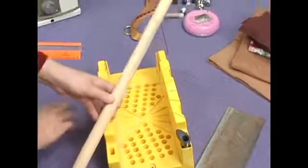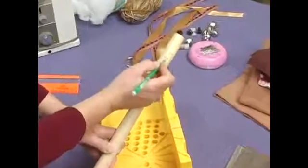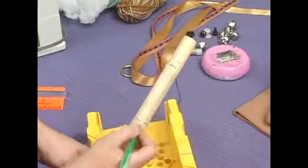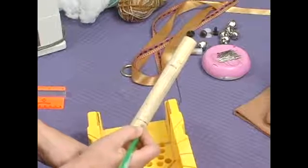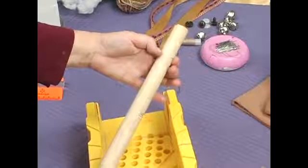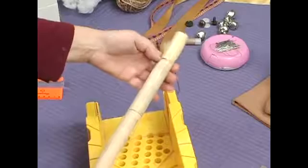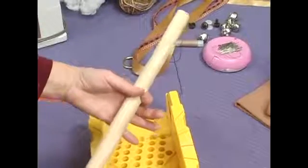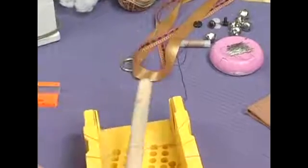We're going to mark 2 markings on the broomstick. And we're going to mark at 2 inches here, and then mark again at 6 inches here. And we're not going to cut it off here, we're just going to make a groove around the stick. So I'm going to saw a little and turn it, and saw a little and turn it. We just want to have a groove, and we're going to use this groove to attach the horse head to